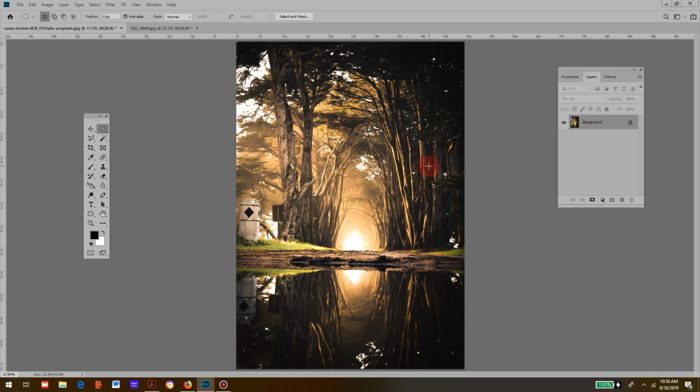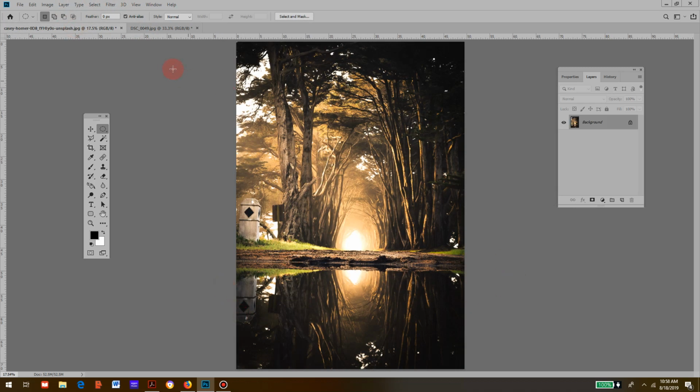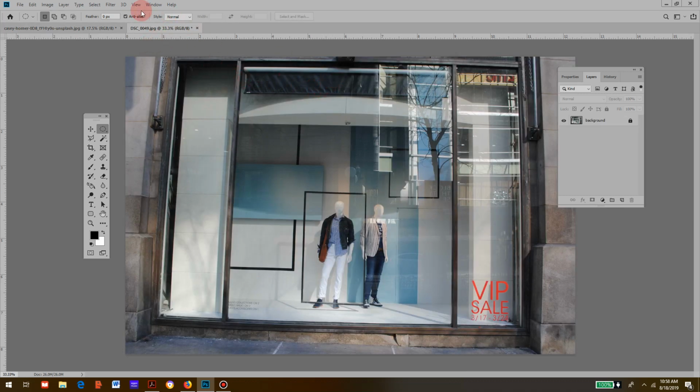Now I'm going to show you a couple different ways to create a basic mask. I'm using these two different images. What I'm going to do is merge the figures from this photo into this one. First of all, I'm going to open this one up and I'm going